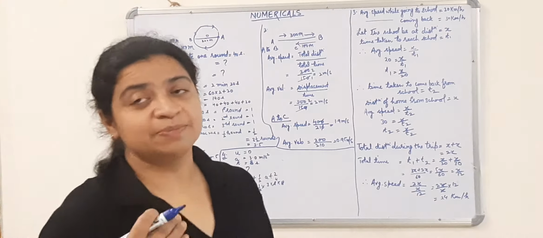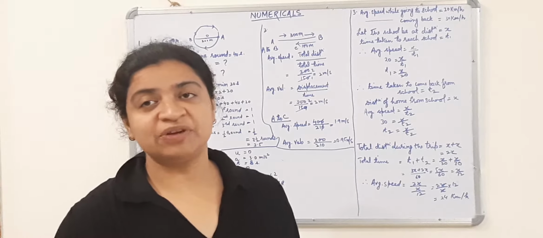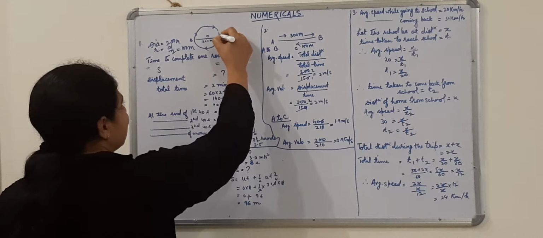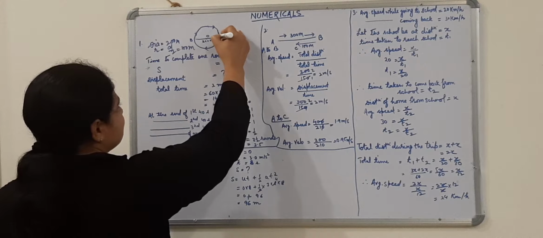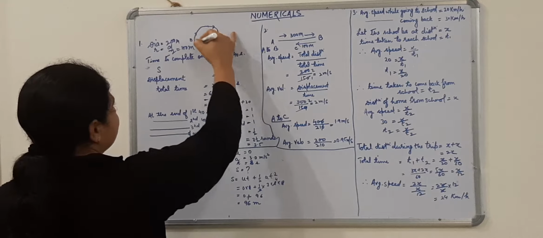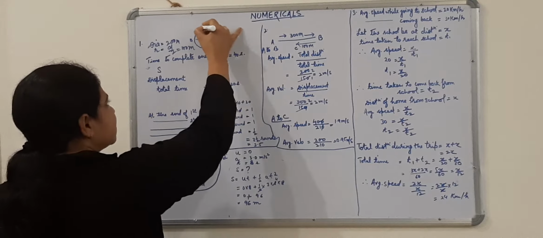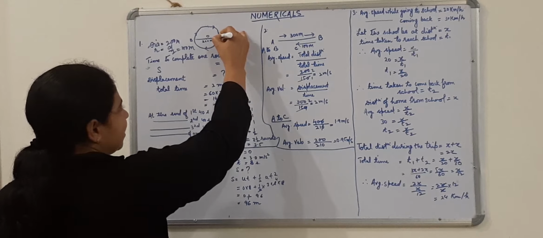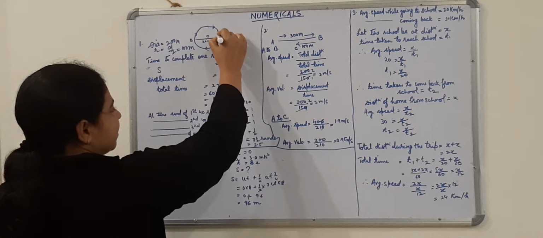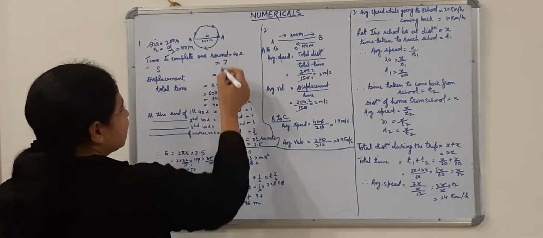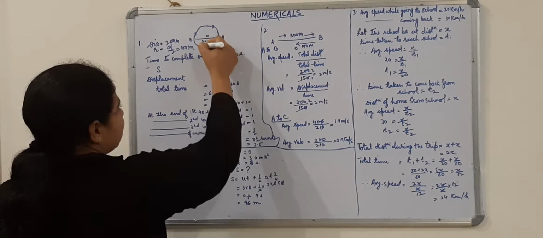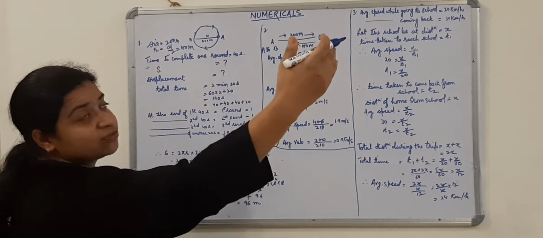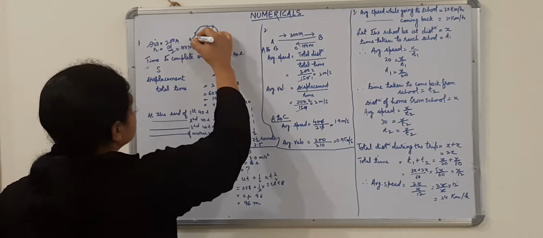And what about the displacement? We know that displacement is the shortest distance between the initial and final position. The initial position is A. Suppose it has started from this position. After completing one round, the person has reached here. Then started the second round, completed and came here. Then started the third round, completed and came here in 120 seconds. Again, what about the remaining 20 seconds? If it takes 40 seconds to complete one round, in 20 seconds it will cover half a round, obviously.